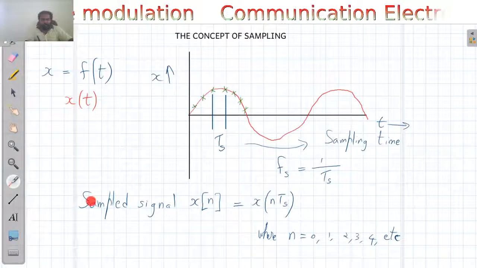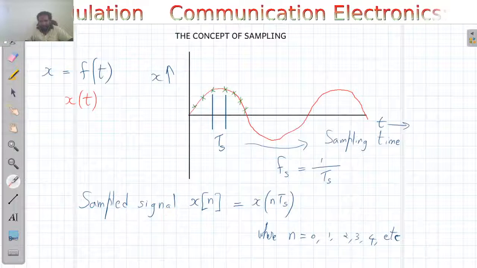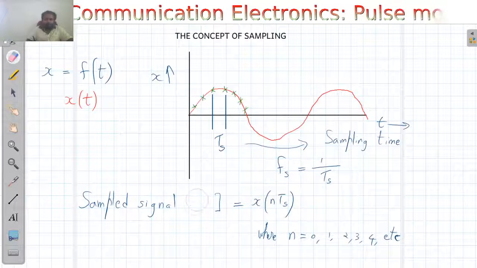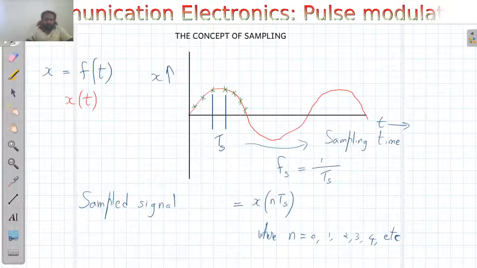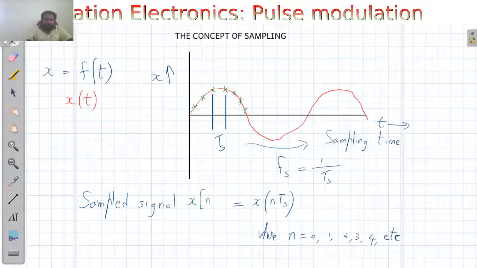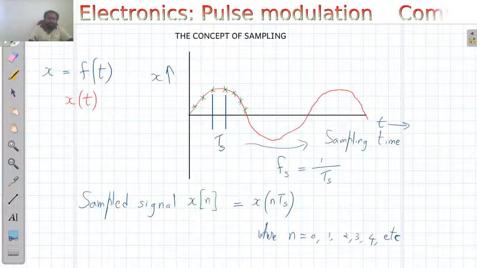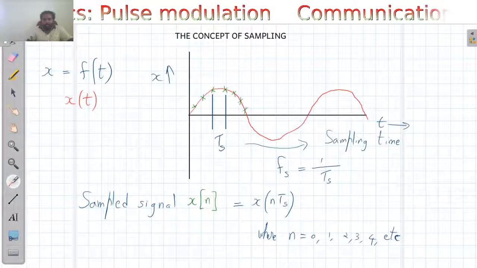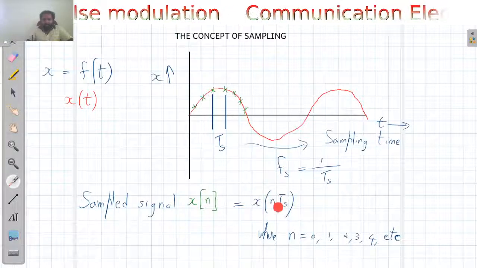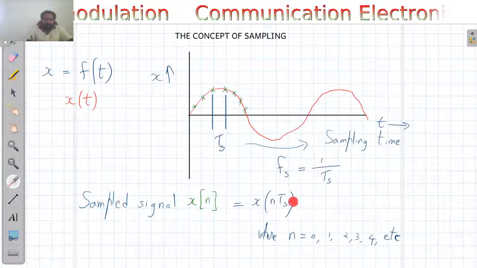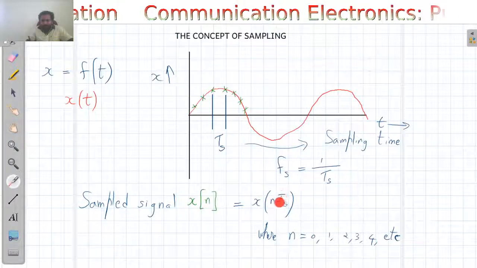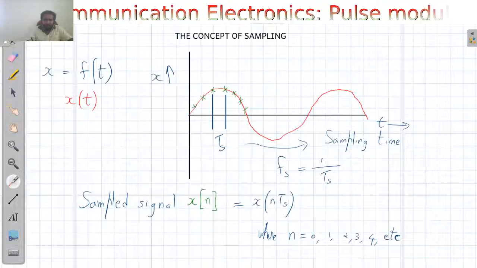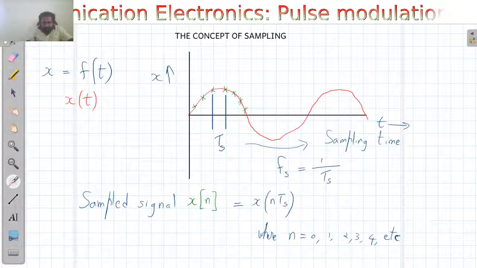And the next thing is our sampled signal. So the green colored dots are represented as x of n. So what is x of n? X of n is the sampled signal of x of t, taken at points n Ts. So there are points x of 1 Ts, x of 2 Ts, x of 3 Ts. This distance is Ts.